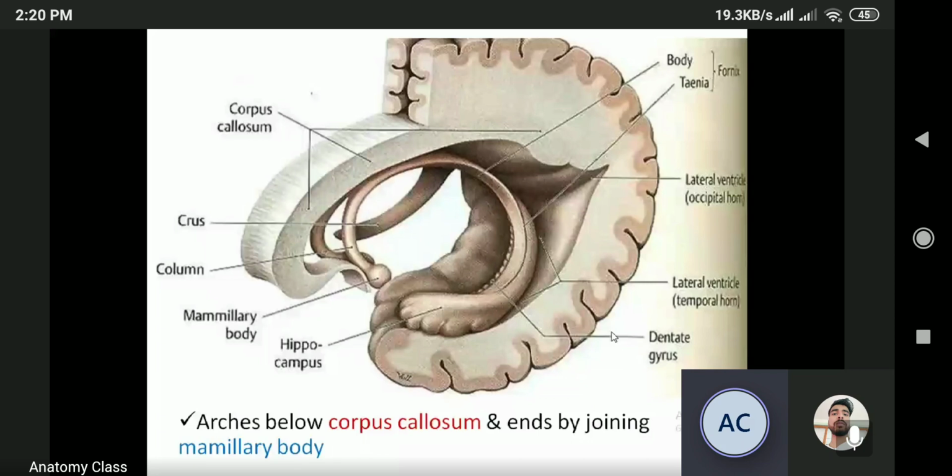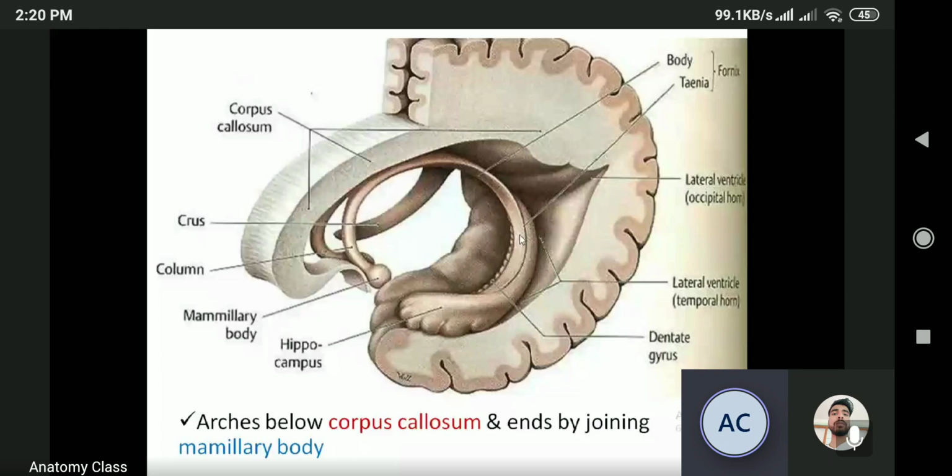Episodic memory is like when we recall a past event in a sequential order. So such long-term memory as well as episodic memory is thought to be organized or regulated by this fornix, though its function is not certain yet.